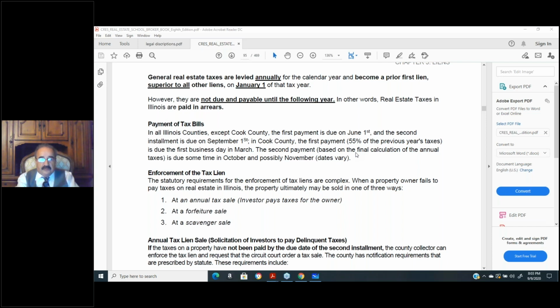How are the due dates determined? I mean, who came up with it? I don't know how they came up with it, but I need you to know property taxes are due in 2 equal installments, one half by June 1st, the other half by September 1st of the following year. That part I need you to know. How do they determine that it's going to be those 2 dates? I have no idea. But that's the answer on the exam.